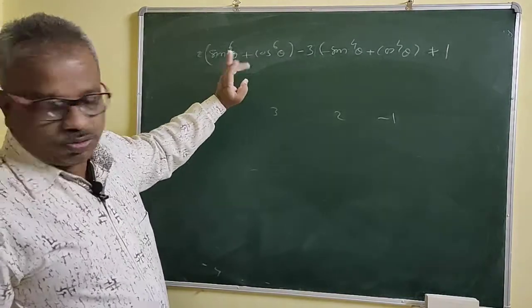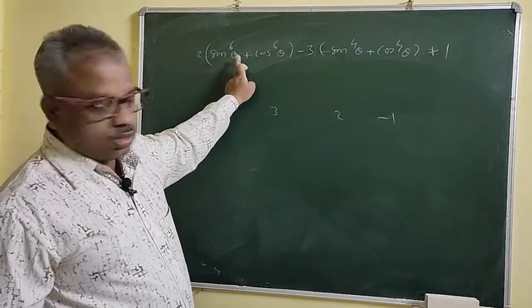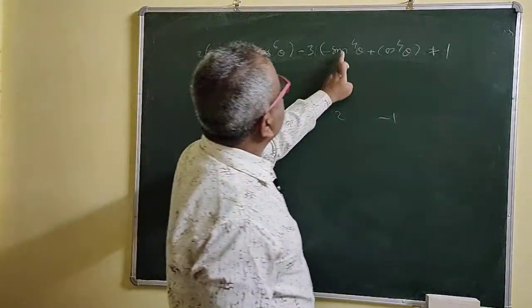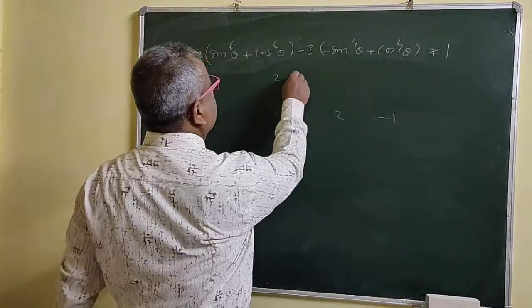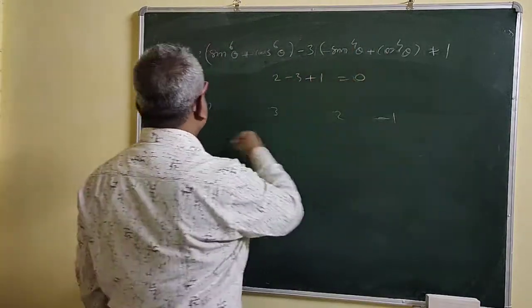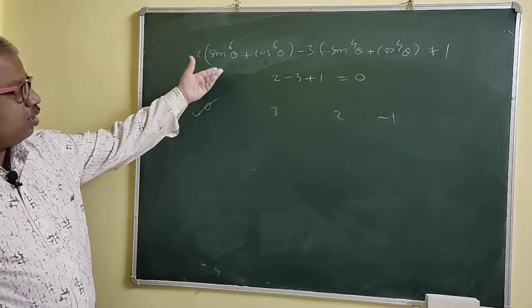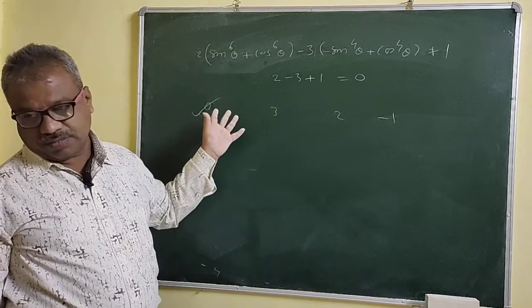So now see which value we get here. If you put theta equal to 0, then sin theta is 0 and this is 1, so that means this bracket is 2 now. Then this is 0, this is 1, then this is minus 3, and the plus 1. See, 0. Where is 0? 0 is here. So we get the value 0. This is how to face the competitive exam.